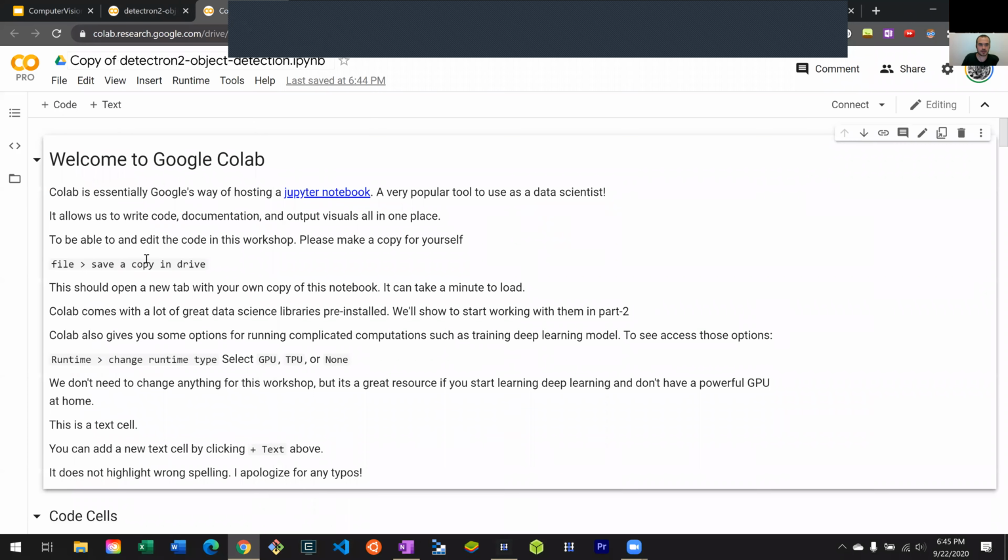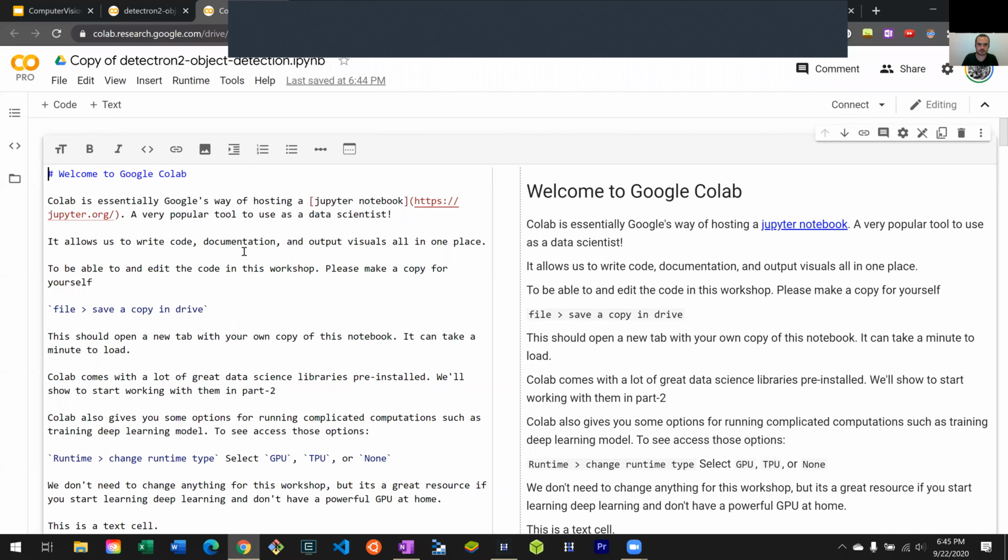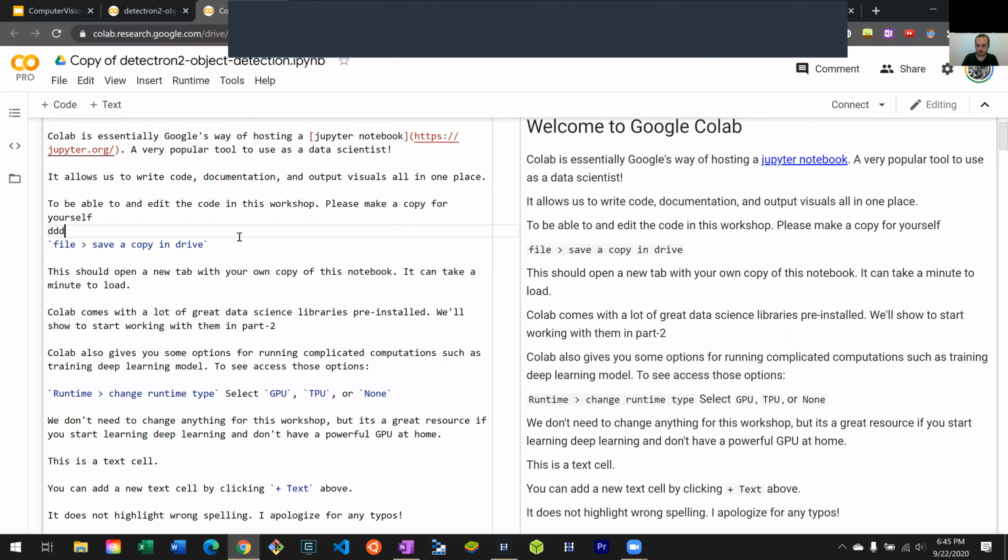And while everyone's doing that, just a quick intro to Google Colab. So this is a text cell. You could double click on this once you have your own copy. You can write whatever you want in here. To get out of this,